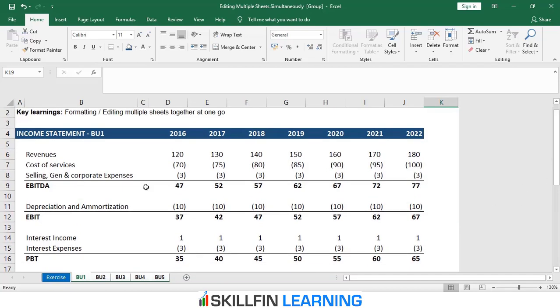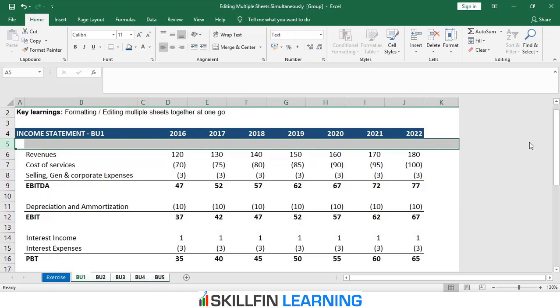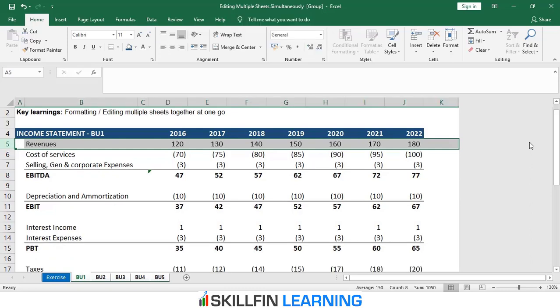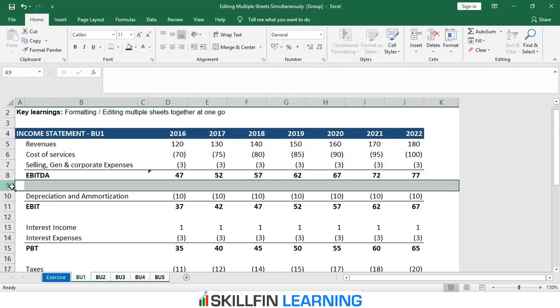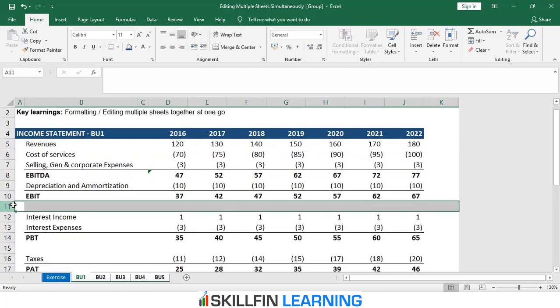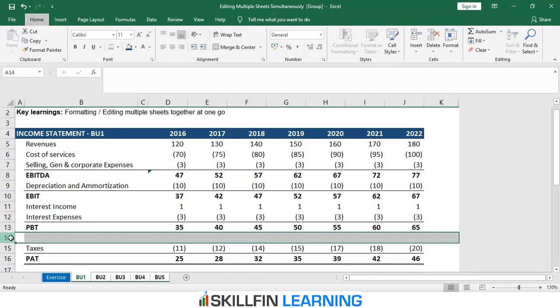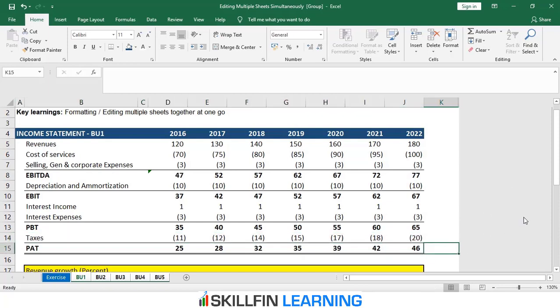The other formatting that you can do, and this is optional really, is to delete some of these white lines that are there between the different line items. So I will simply select row number 5 and, using the shortcut Alt-D, remove the earlier line. Similarly, remove this line. So we have deleted all the white lines that were there between the different line items on the income statement, such that the income statement is now cleanly represented on our data sheet. So this is the formatting that we have done.